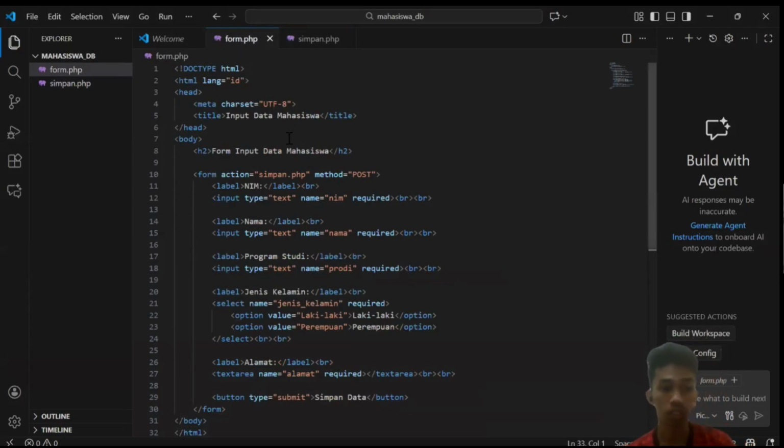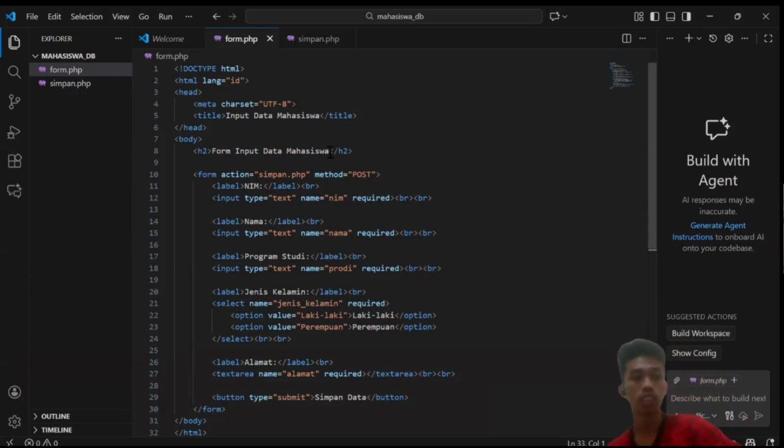The student data processing application consists of two main parts: the front page, which serves as the place for entering data, and the PHP page, which is responsible for saving the data into the database.